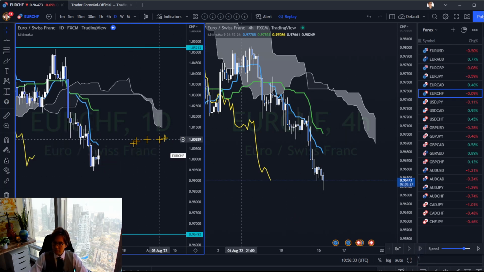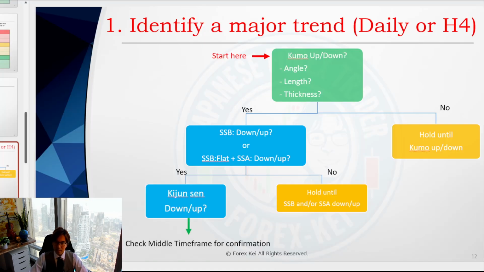But let's see. On the next one, this is looking good because Senkou Span A is down, Senkou Span B is flat, but the Kumo thickness is much better than before. So when you see this Kumo like this, you can expect the market to go down in the long term. So once you confirm this Kumo angle, thickness and length are okay, then you check if Senkou Span B